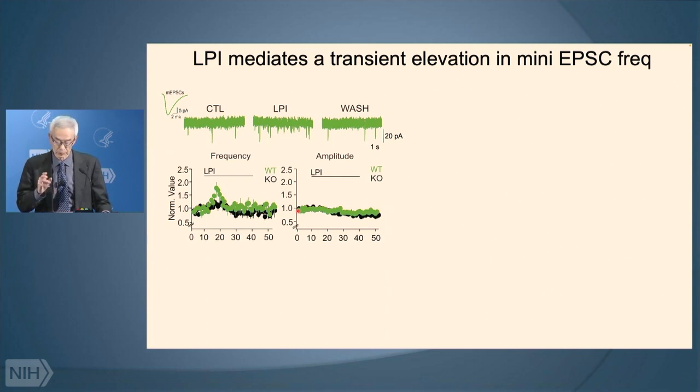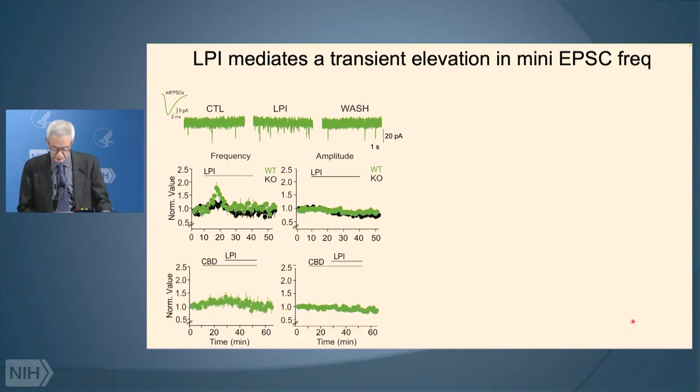Evidently, the presynaptic terminal is releasing more quanta per unit period of time, and this leads to a transient increase in excitatory transmission. This is completely blocked by CBD, so fitting with the idea that it's blocking the receptor that triggers these downstream events, presumably on the presynaptic terminal. Previous work on this by Dmitry Rusakov's lab was confirmed by this figure.